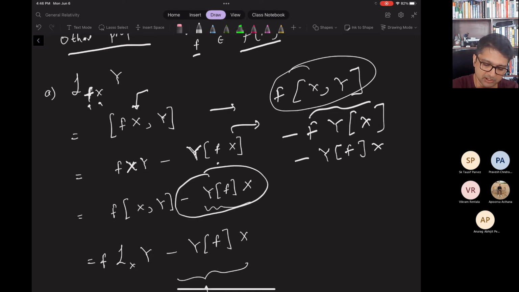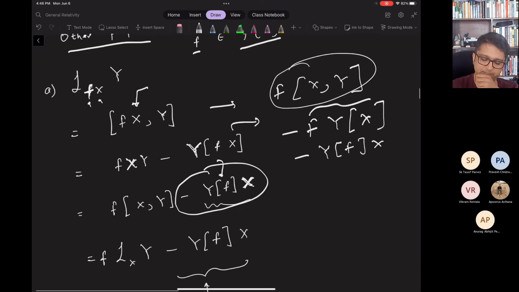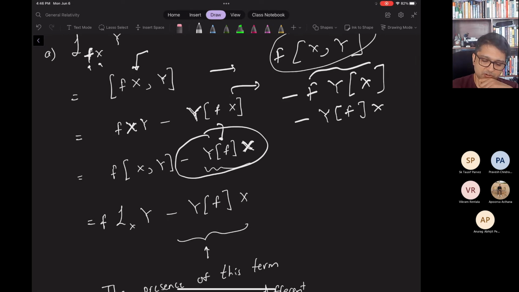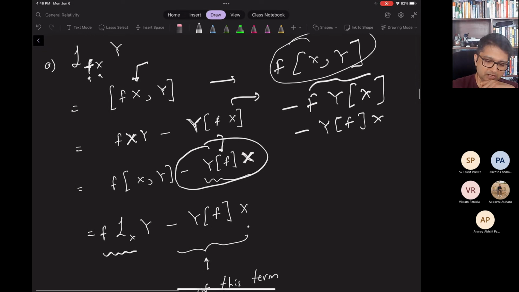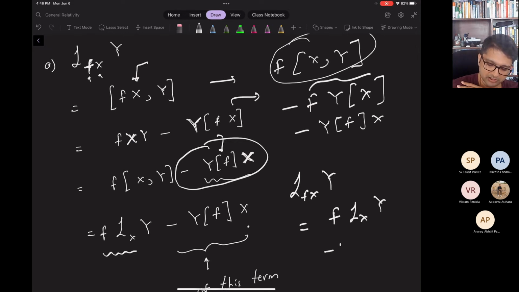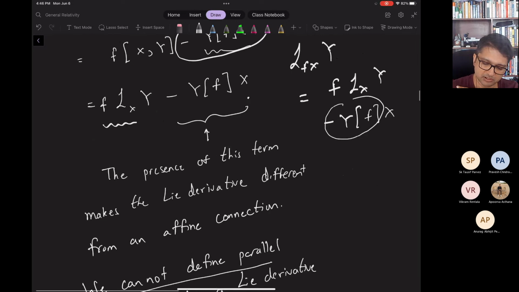This is a smooth scalar function times the vector field X. So there's an additional correction which is proportional to the vector field X. So this is f L_X Y minus Y(f) X. So you see that the Lie derivative, which we have defined, is not just equal to f L_X Y. There's also this additional correction. And because of this additional term, this Lie derivative is not the same